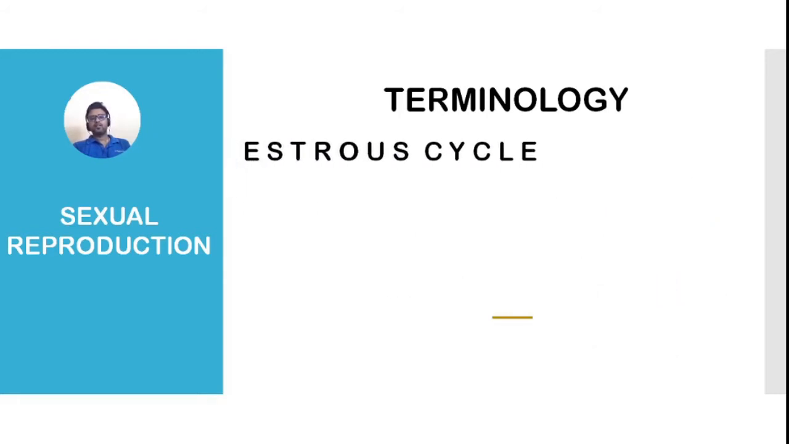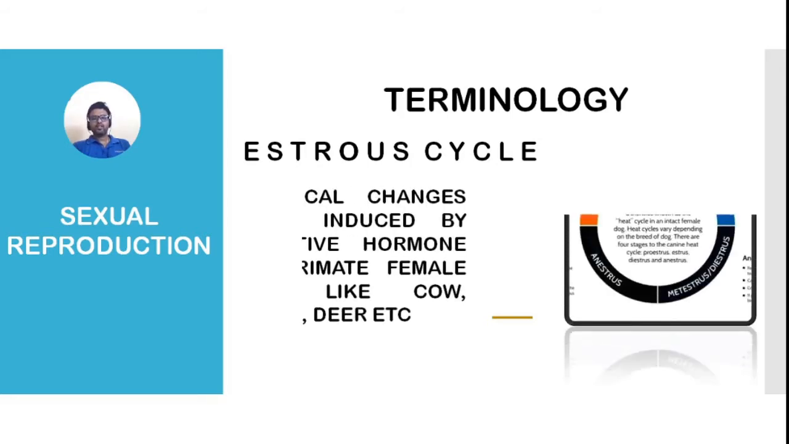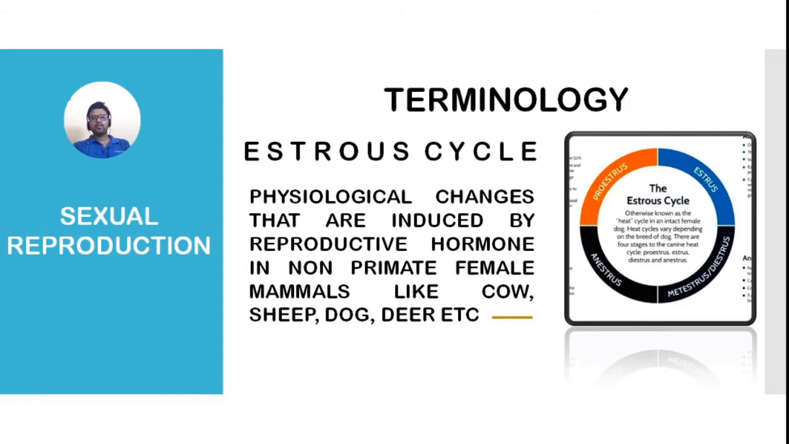The next term is estrous cycle. Estrous cycle is responsible for production of the female gamete in non-primate females. And this cycle is induced by different types of reproductive hormones. Means different reproductive hormones help to produce the female gamete, and it is commonly seen in non-primate mammals like cow,